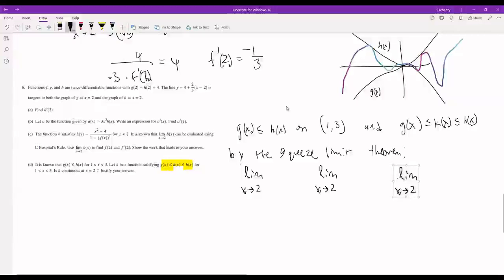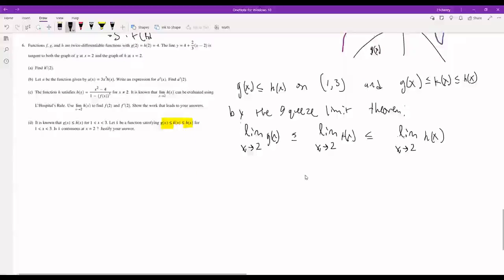The limit as x approaches 2 of g of x is less than or equal to the limit as x approaches 2 of k of x is less than or equal to the limit as x approaches 2 of h of x. So we know that, and since it says that